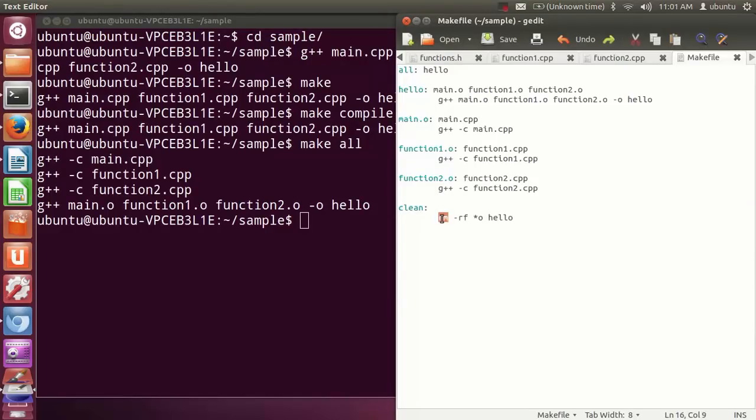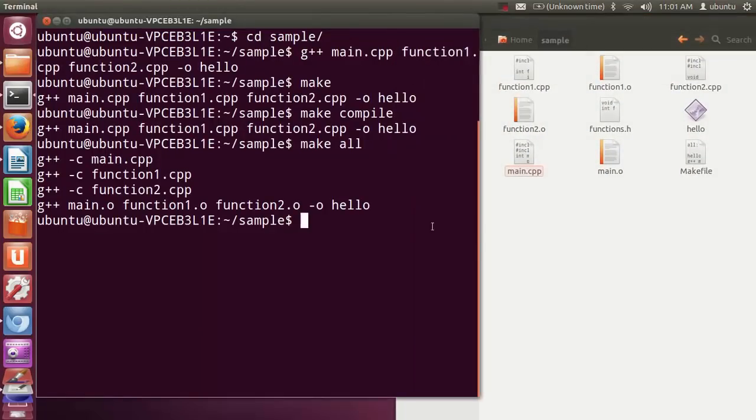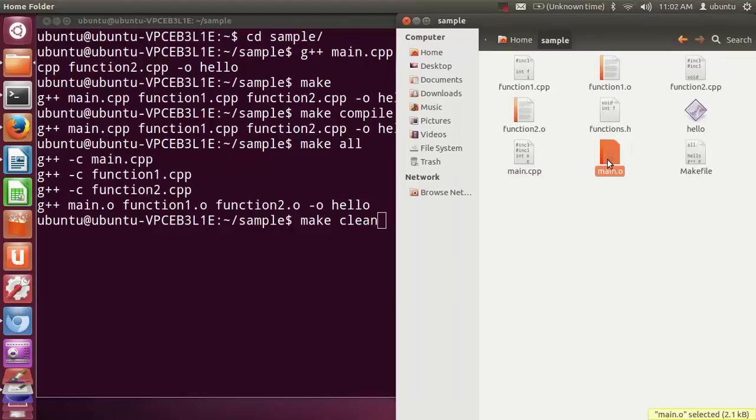Now I want to show you what this clean does, right? It's just a remove command for the object files, star .o, and hello, which is our executable file name, right? So I just want to show the folder and see what happens when I execute make clean. See here, when I executed make all, it created main.o,